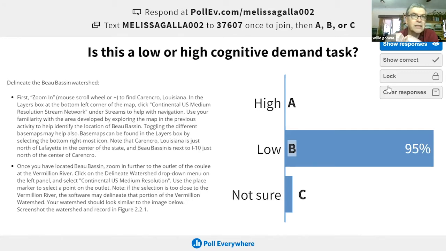Oftentimes there's some question like, okay, there's a roadway. How does the roadway impact the drainage? Where might there be culverts underneath this roadway that could cause the watershed to actually change? Because I tell my students, water does not flow over roadways typically. So you have to assume that there are culverts and bridges somewhere. And those are assumptions and interpretations, and then students justify. So there may not be one right answer to a watershed delineation.